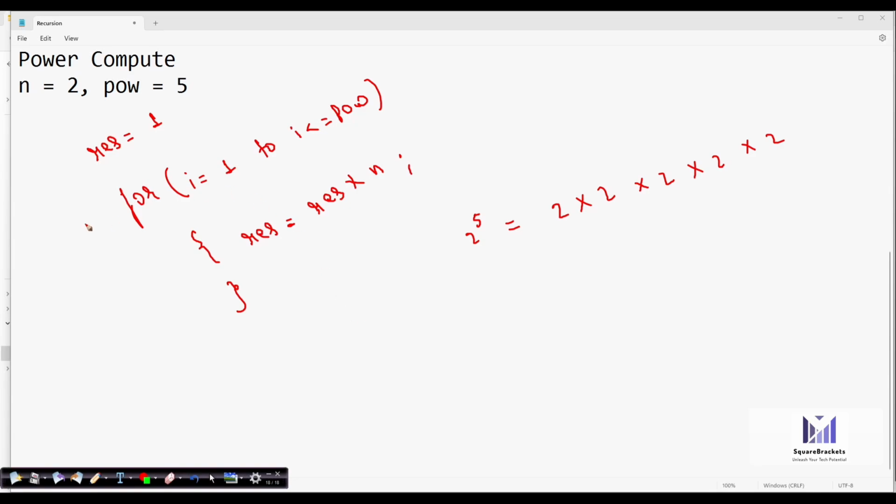We just have to execute this logic. This is the only logic that we can use. Now the same logic can be used for the power calculation using recursion, because in recursion we know this is the processing logic that we have. After that, we need to understand that each time our power gets decreased. Initially the power given to you is 5, then power becomes 4, 3, 2, 1, or 0. You can even take 0 because at the end you have to return 1.